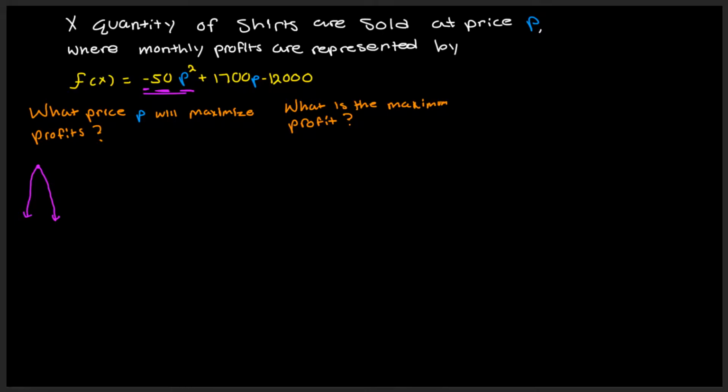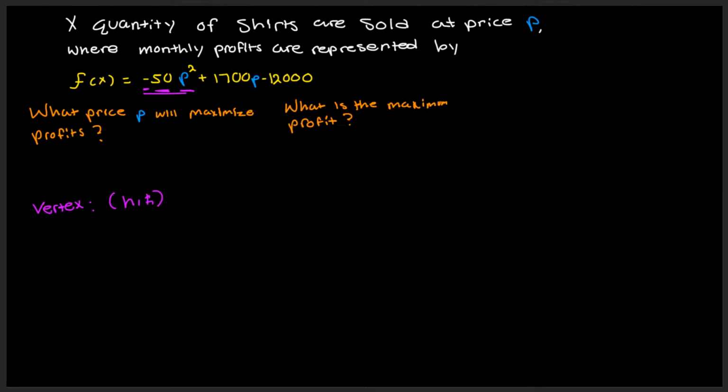Okay, so with that said, now you know that your vertex is going to be its maximum. And these questions you're asked have to do with maximums. So the vertex is really going to give you the answers to your questions. And if you recall, we had some special tricks for pulling out our vertex from a given function in this form. So our vertex is going to be